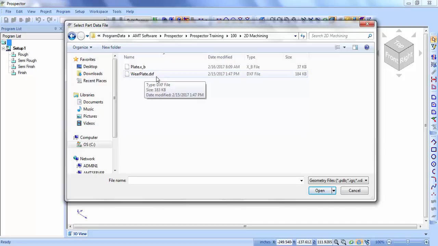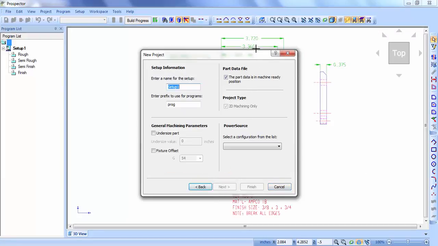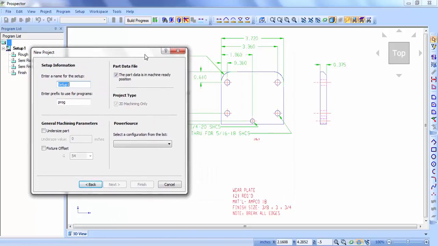Prospector can read AutoCAD DXF or DWG files. So I pick that file. I'm going to give it a material. This one I'm going to say mild steel. Click next. Prospector's loaded the part